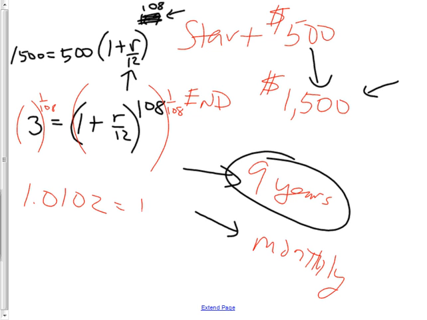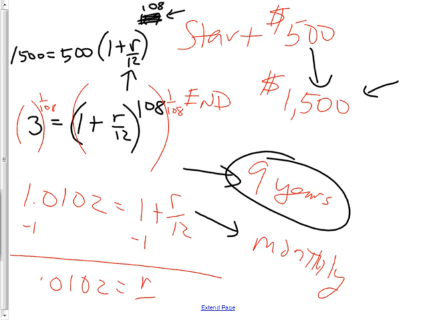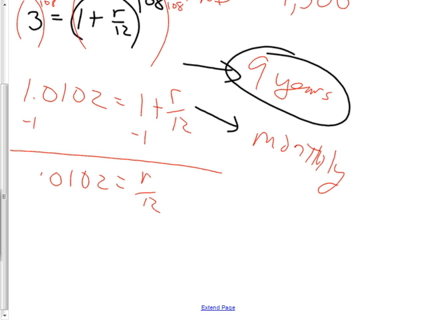That equals 1 plus r over 12. Now I've got to subtract 1, and now I'll have 0.0102 equals r over 12. Now I got to times this puppy by 12. So subtract 1. And then times by 12. Final answer,